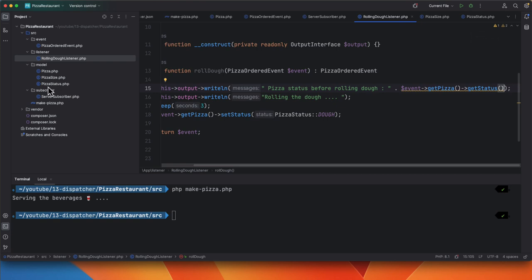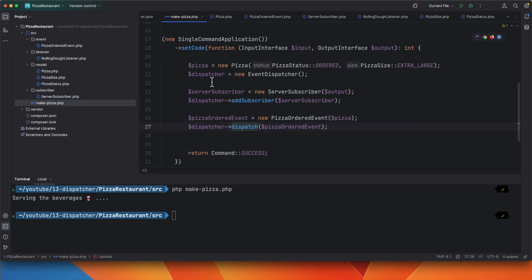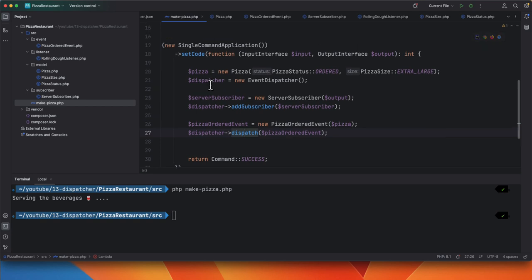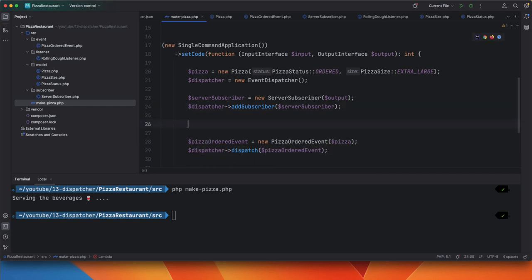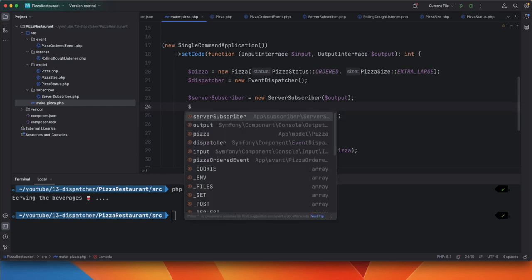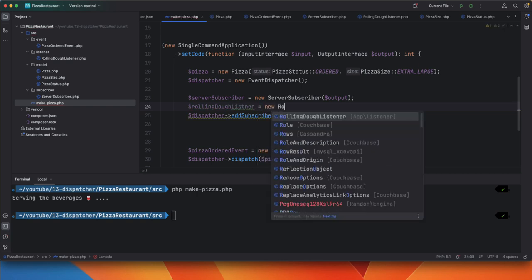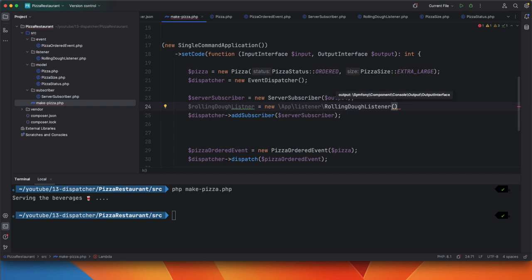Let's go back to make pizza, and now we are going to add an event listener to our dispatcher. For this code, let's create it just after the subscriber. So rolling dough listener will be equal to new rolling dough listener. We are going to pass it the output as usual. Now let's shorten this,